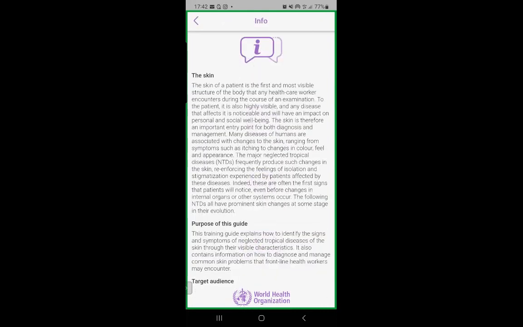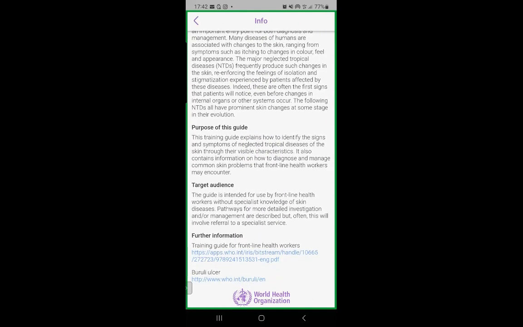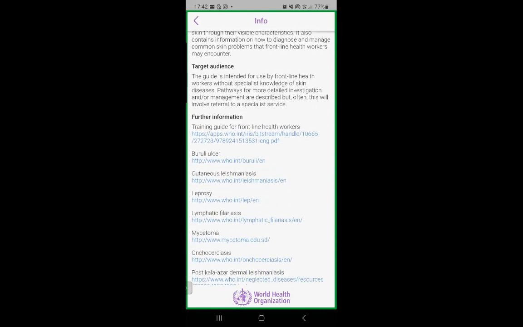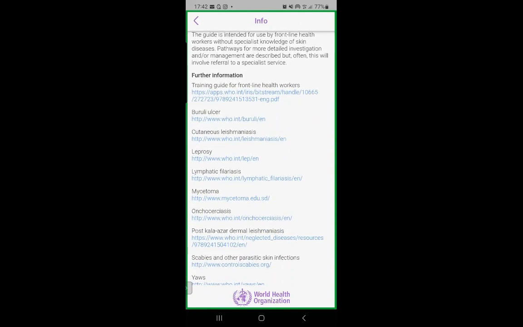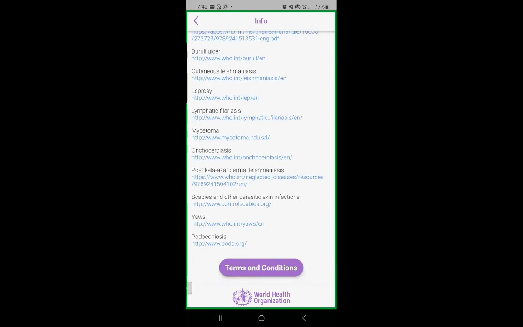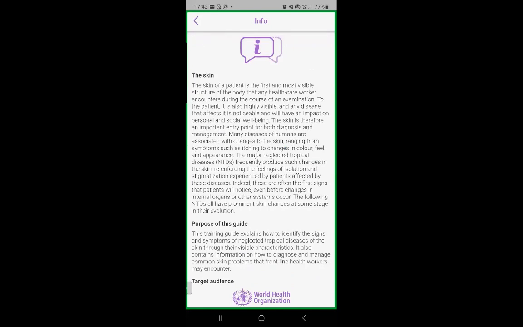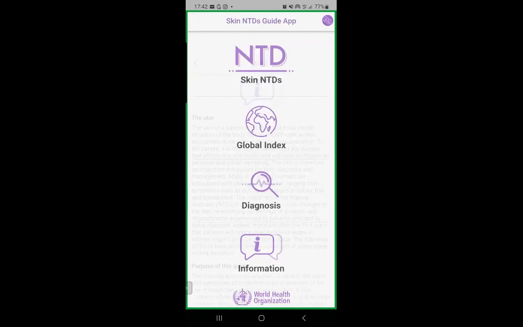So this is just information about the scheme and about NTDs and the purpose of the app. And then further information: it gives you websites where you can get more information, on WHO websites and others. So that's there. Okay, so this is the WHO Skin NTDs app. Maybe we can take questions on this before we go to the Densa app